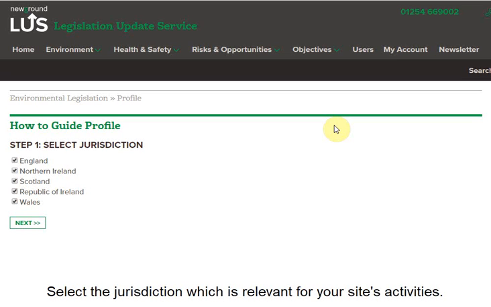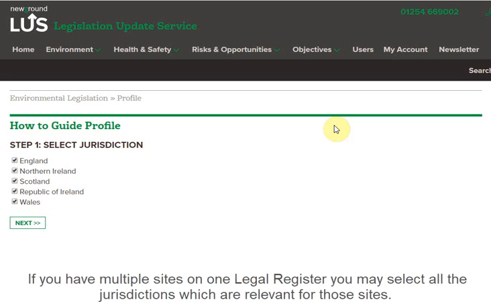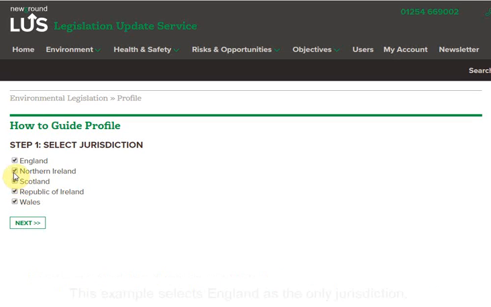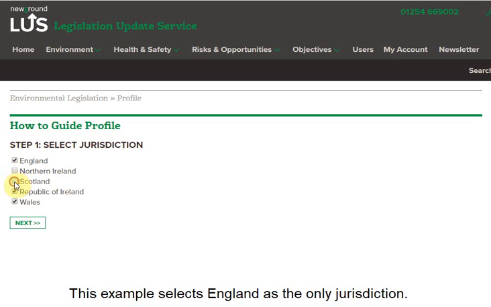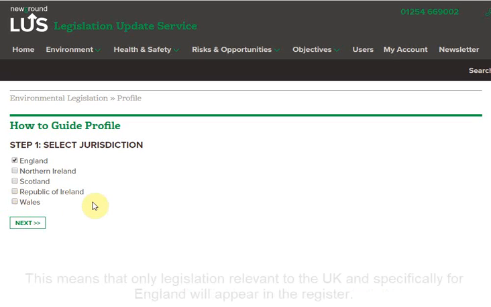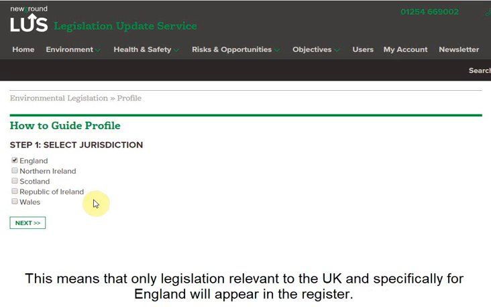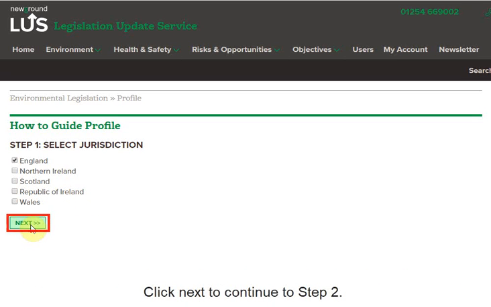In the first instance, you need to select which jurisdiction is relevant for your activity or your sites. Remember that if you have multiple sites on the one legal register, you may want to be ticking the jurisdictions that are relevant to those sites. In this instance, I'm simply going to select the jurisdiction for England. That means that I will receive legislation in my legal register that is relevant to the UK and specific regulations just for England. By clicking Next,